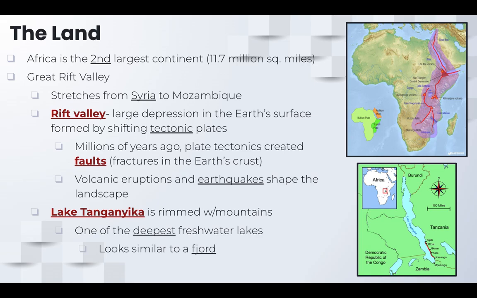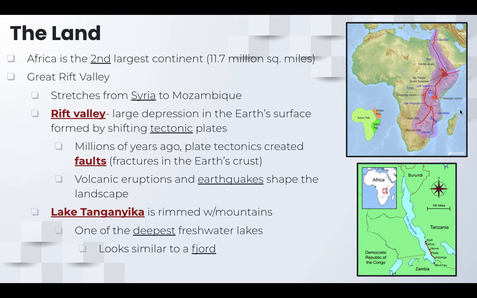All right, so the land. Africa is the second largest continent. It has 11.7 million square miles throughout the entire continent. One of the biggest features of Africa, of its physical nature, is what's called the Great Rift Valley. As you can see on this map, this stretches all the way up from Syria all the way down to Mozambique. A rift valley is a large depression in the Earth's surface that's formed by